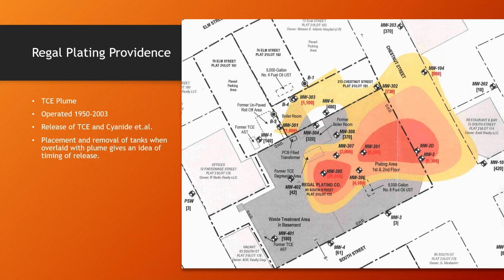So this is an operation that changed over time. They had different materials stored, they had different processes. They interviewed people that worked at the companies. They looked at records for how the company operated. And in this case, if you look up in the upper left there, the former TCE above ground storage tank, obviously that wasn't the source of release. When we look at the plume, we see the plume coming from the degreasing operation. So